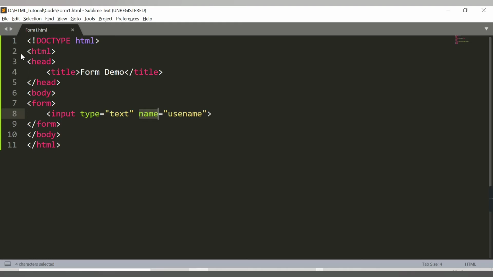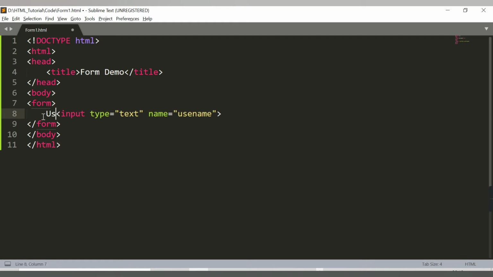Let me increase the font. See, here we have got this input type text field. It is confusing actually what we need to input here, so we can modify it by printing some message.